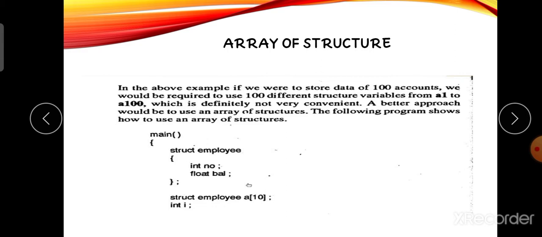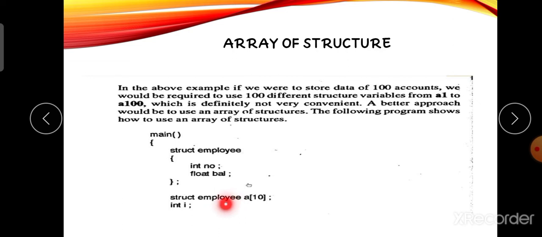Basically, int a means not a number. Instead, int a means an integer data type variable, and int a of 10 means an integer array variable. The same thing applies here. Struct employee a means, not including 10, only a.